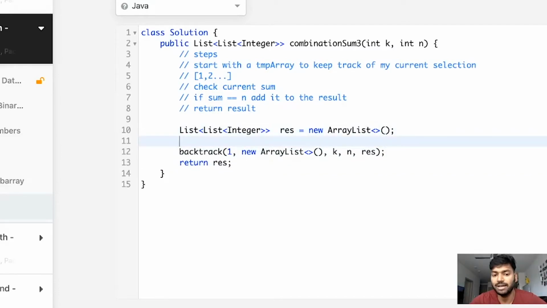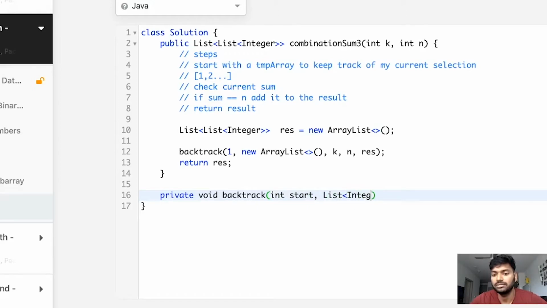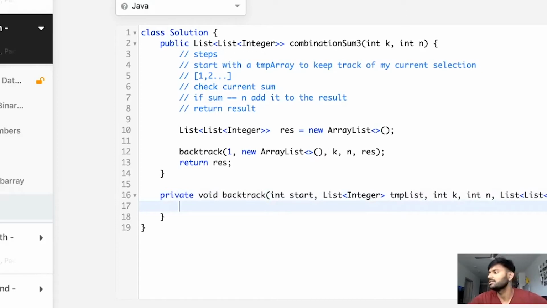Now let's start writing our backtrack function. That's where all of our for logic happens, right? Start, and your temp list, the result array that you want to populate, right?